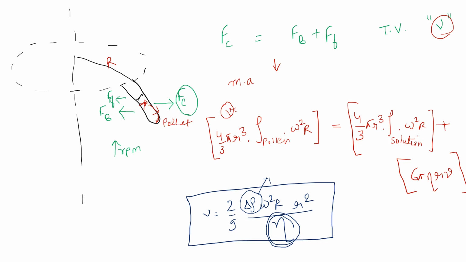Another thing that I would like to mention here is that in this expression, omega square r, which is the angular acceleration, is really important. You'll see that in a few places, omega square r is replaced by g, that is the acceleration due to gravity, and this is valid only when you're considering sedimentation under gravity, that is the classical or traditional method of sedimentation. But in case you're considering sedimentation in a centrifuge or by spinning or rotation in any way, in that case you need to replace g with the angular acceleration.